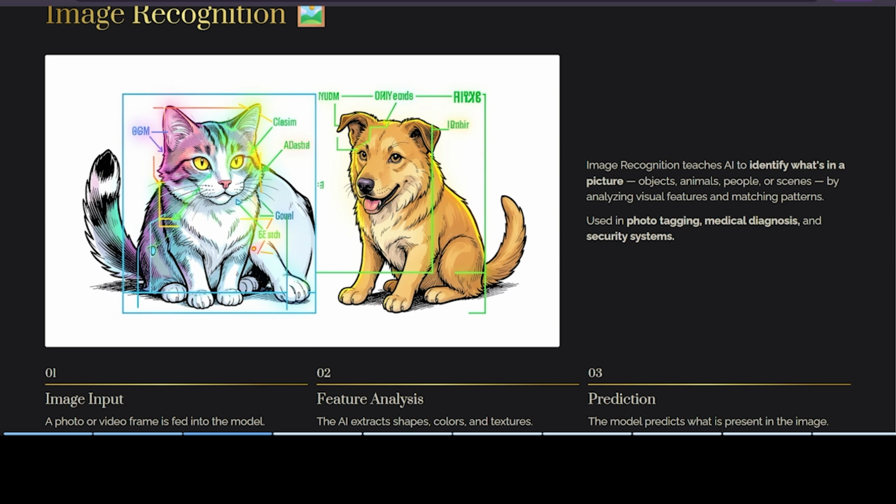The second step is feature analysis. Feature analysis is where the AI looks for important visual features, which include edges, shapes, colors, textures as well as patterns, okay. In a deep learning model, it automatically learns these features during training, okay. And then prediction is where the model predicts what object appears in the image. That is the output, okay. For example, the image contains a cat, a mountain, or a bicycle. Likewise, it replies to us, right?